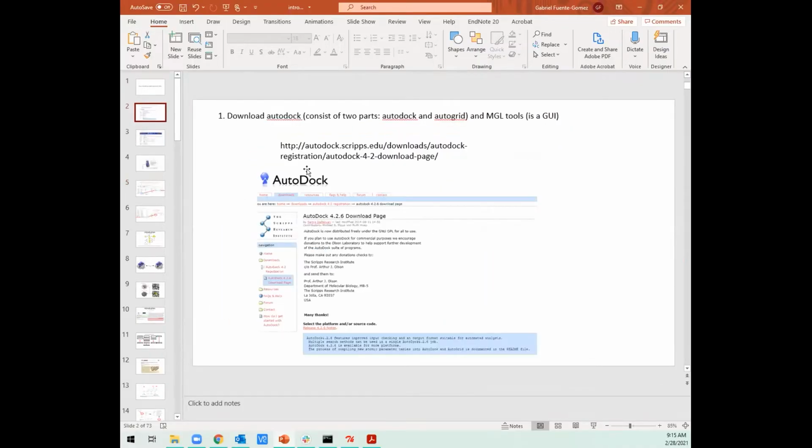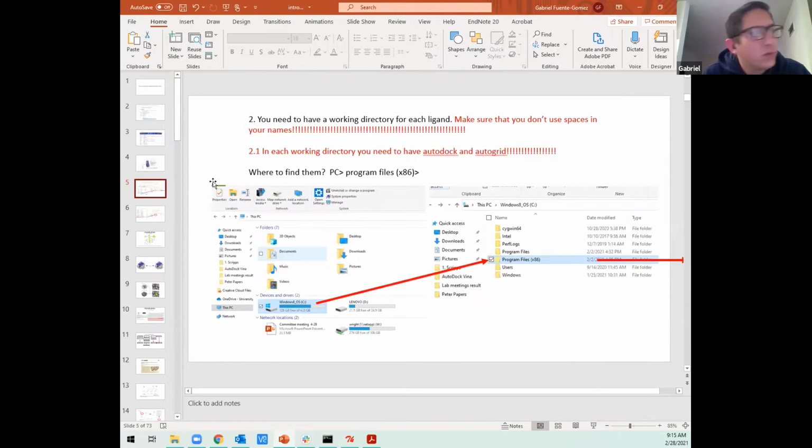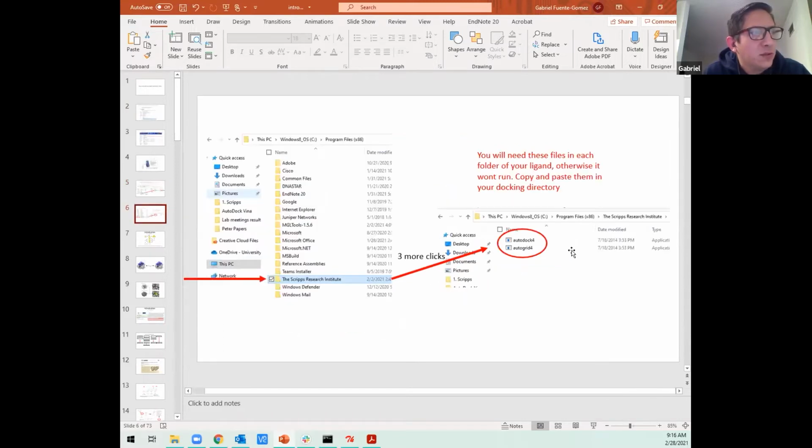So most of you have done the installation. Something that I want to let you guys know is that you need to have these two files, Autodoc and Autodoc Grid. These are the executable files,